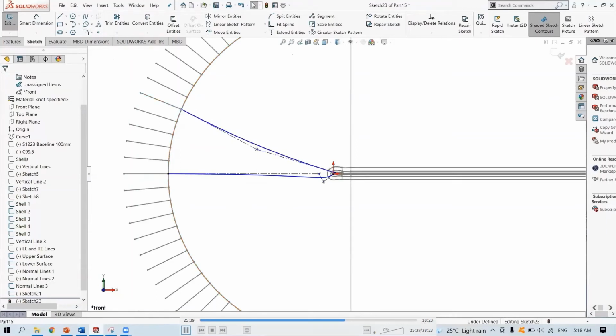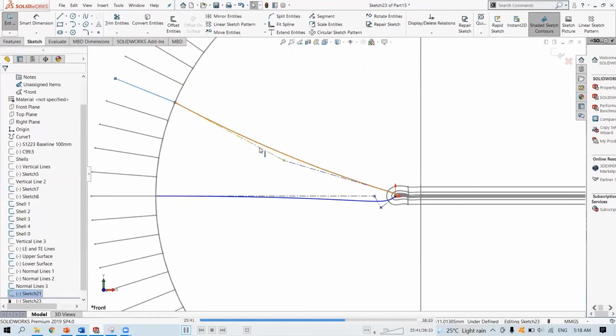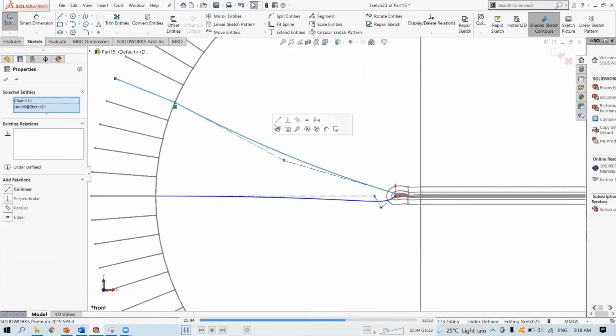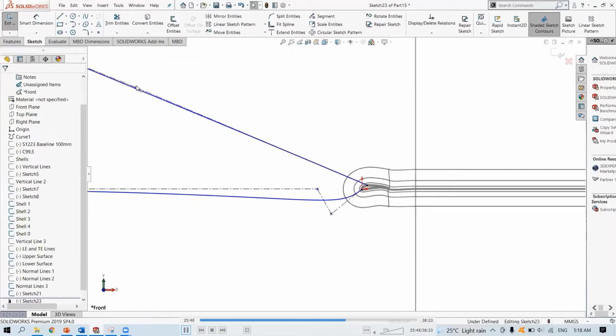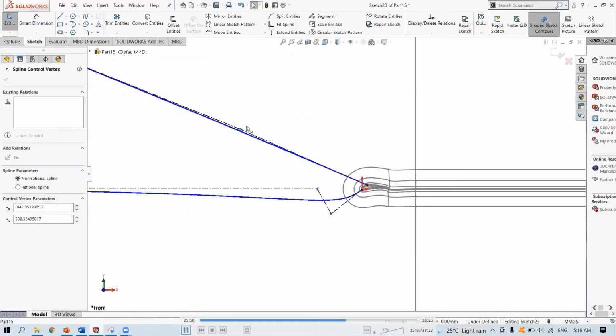This one is a mistake. Okay, you don't have to follow this one. I'm going to remove this one afterwards.